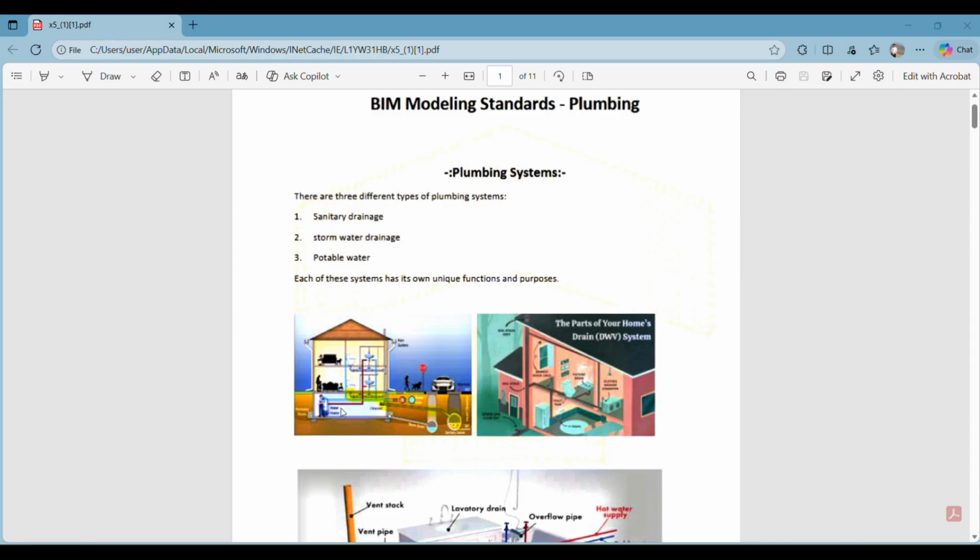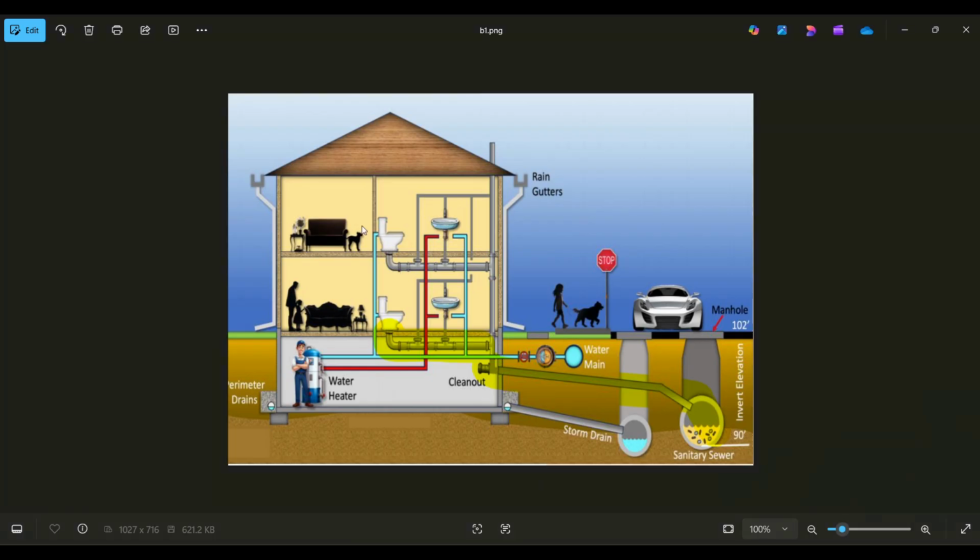So in this particular picture, if I zoom in, this is a typical layout of a house and how these systems interact with each other and how they work. If I zoom into this layout, can you see here we have different sorts of pipes. So let's first talk about the freshwater pipes or water supply. We get our fresh water supply from our water mains, which is provided in a city, and then we may